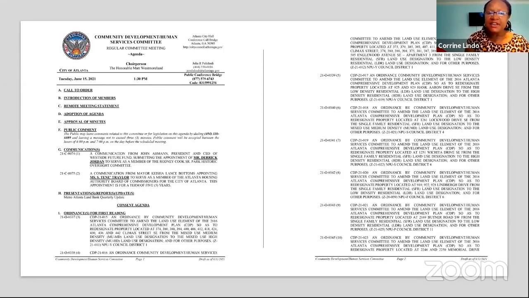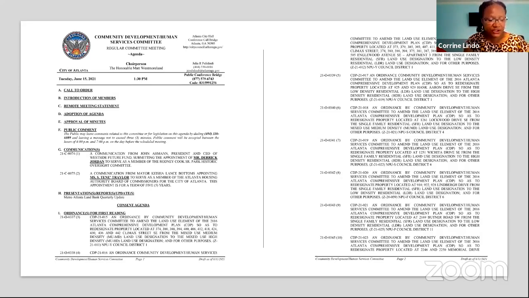So if you go to a website and you click on the agenda, they have two forms. You can either do a PDF and it will just show you the agenda, or you can say the full agenda packet and it will have all the backup. So these are each topics that council members will vote on. So you have the communications again that I talked about, which are the appointments of members. You'll have presentations from particular committees, and in this committee